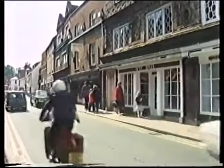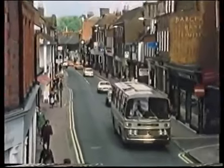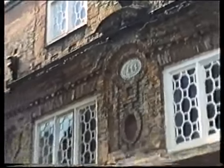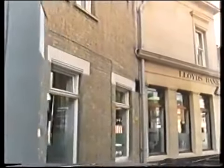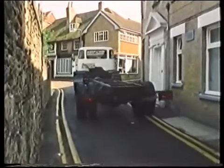This is the historic old town of Godalming in Surrey. Here in the High Street, there are many fine buildings, some of them dating back as much as 3 centuries. The trouble with picturesque streets like this one is they're just too narrow to cope with modern traffic. There's inevitably congestion. This causes delays for the traffic, hazards for the pedestrians, and of course damage to the environment